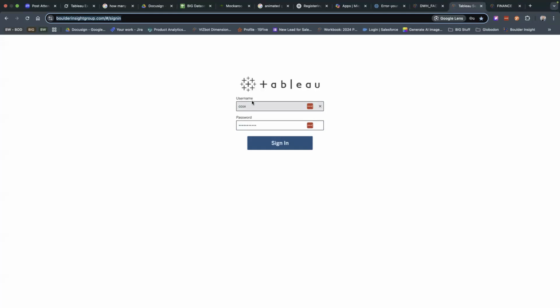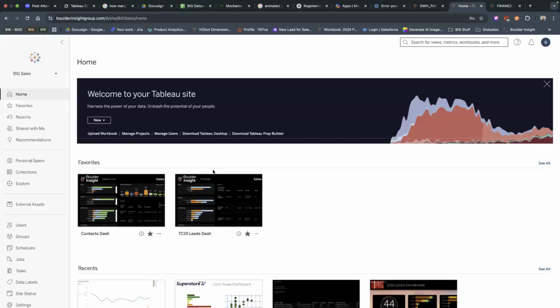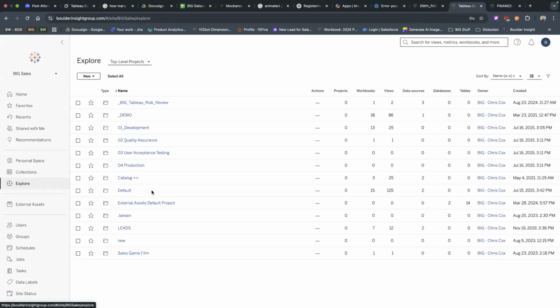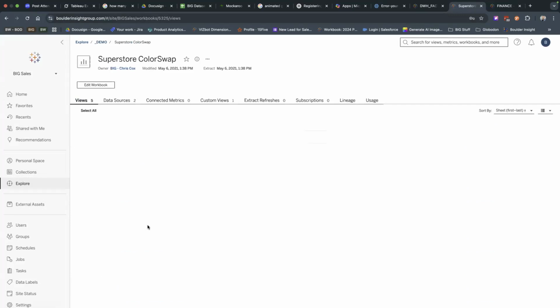One of the things I don't really like about the colorblind palette in Tableau is that it only gives you a few options, which is not typically enough. It's also not really prevalent. Tableau always tells you, hey, you should use things that only work for the colorblind. But what we do is this folder, the demo color swap. Here we go. So this is what I was talking about.